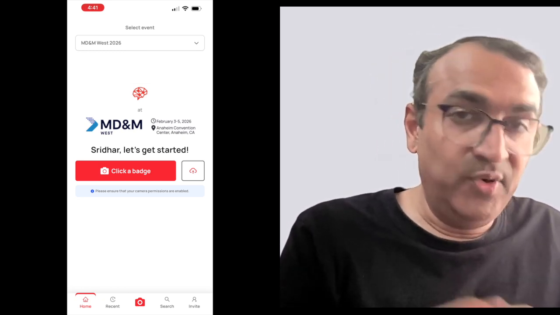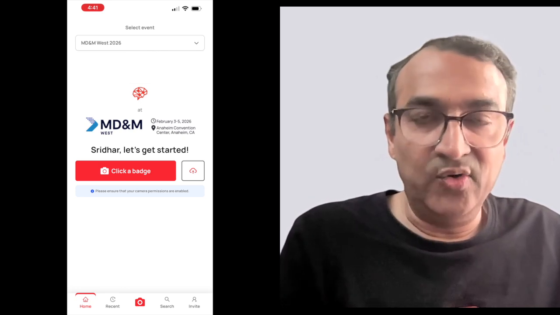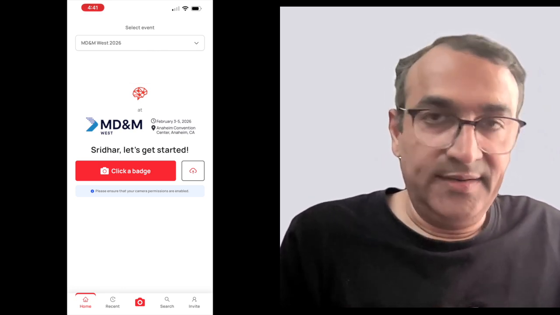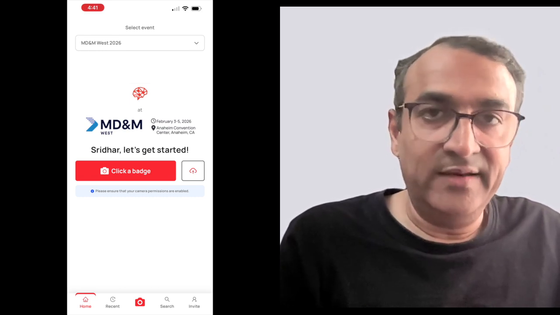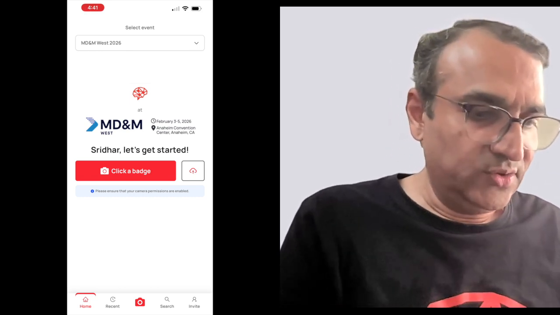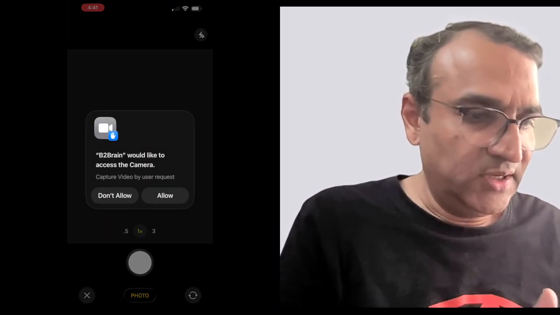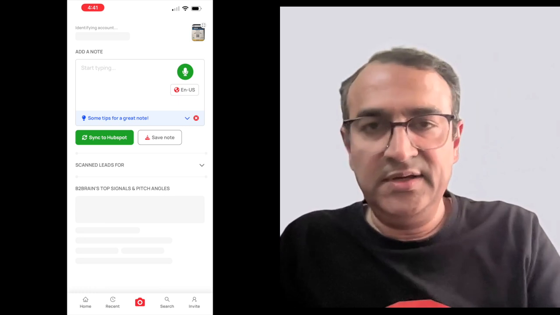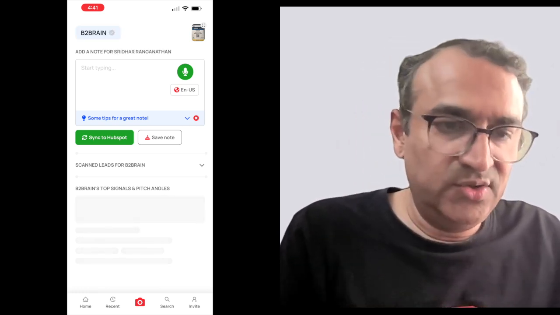Or I can also upload. Let's say, for example, I'm on a flight back home after a show and I've got a bunch of business cards. I can upload the pictures from my gallery for the app to scan and identify. So it'll ask for camera permissions. I'm going to take a picture of this badge and I'll click use photo. When I click use photo, it identifies the person and the company,